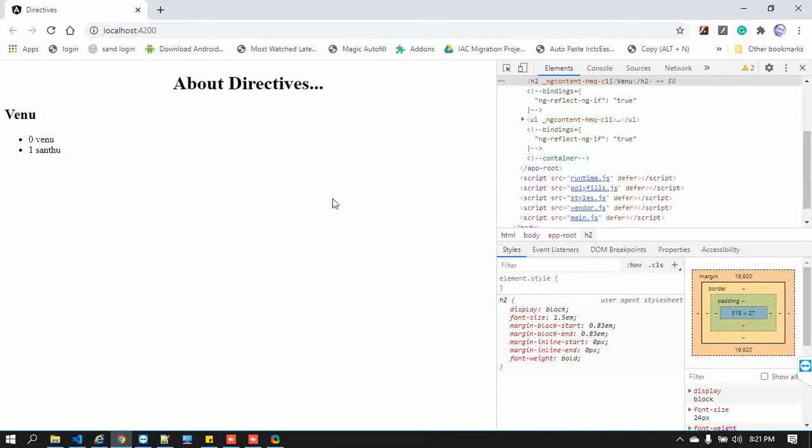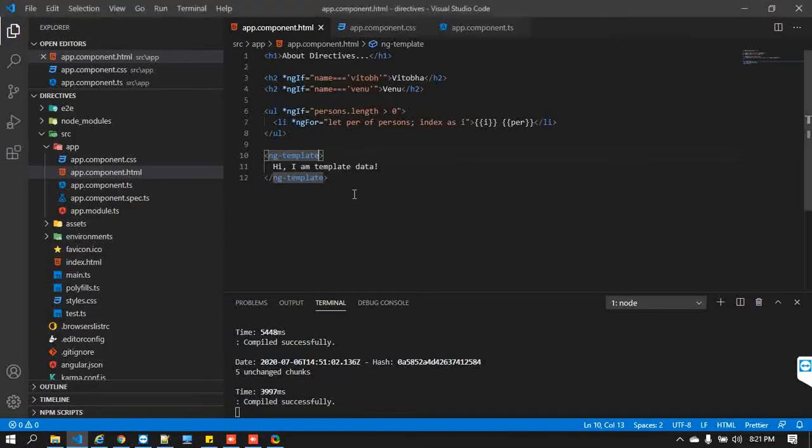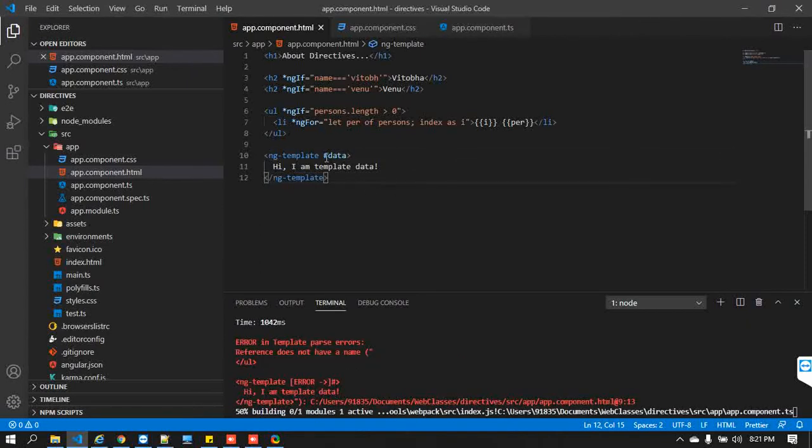This ng-template is the Angular template, which will be used whenever we need it. For example, I'm creating a reference variable, let's say data, and that reference variable references your ng-template.